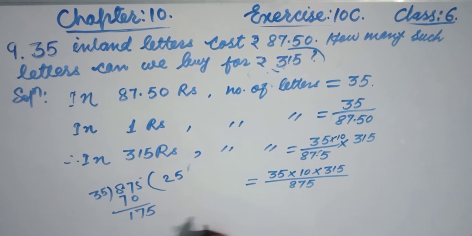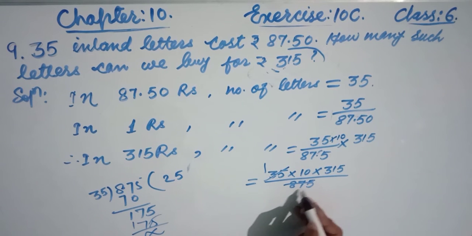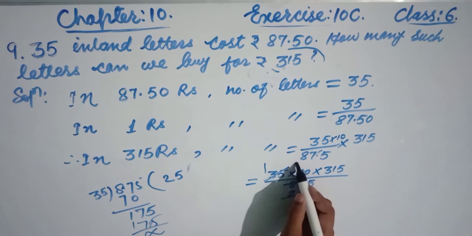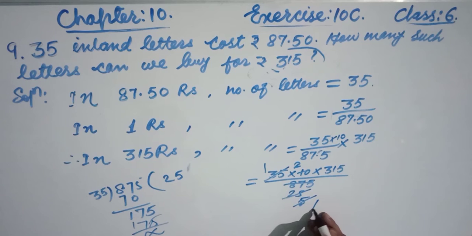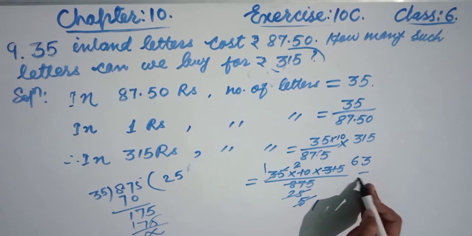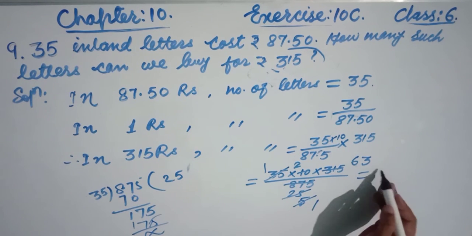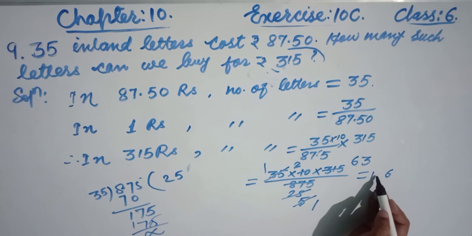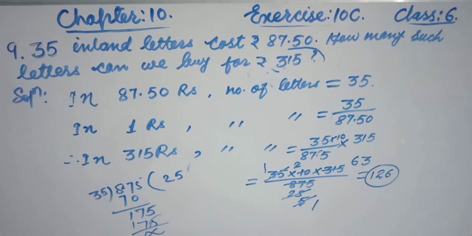Now friends, here we will get, it will get cancelled. 35 1 ja 35, 25 times. Okay, now see, 5 5 ja 25 friends and 5 2 ja 10. So 5 1 ja 5 and 5 6 ja 30 and then 5 3 ja 15. So 2 multiplied by 63 friends, 3 2 ja 6 and 6 2 ja 12. So this is number of liters which is required that we have to find.